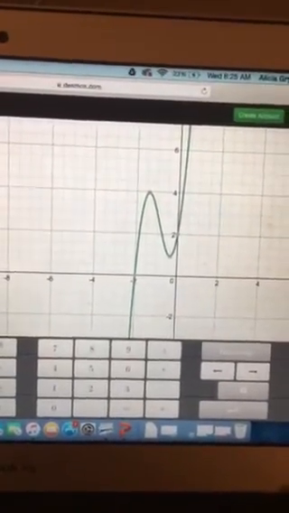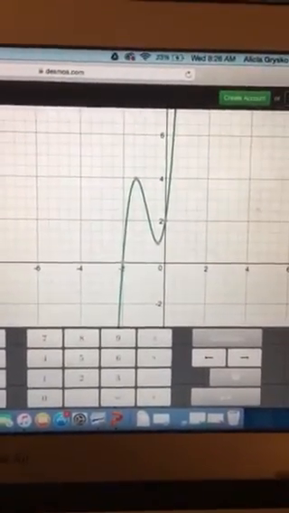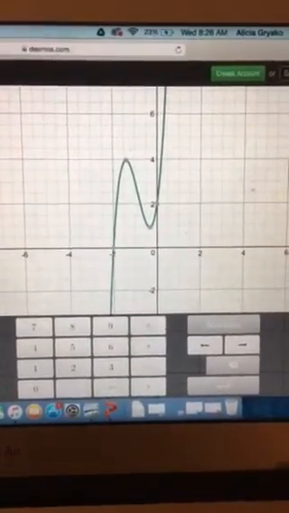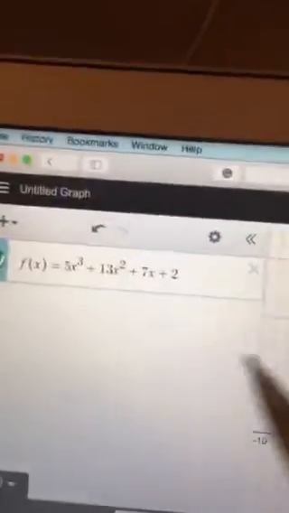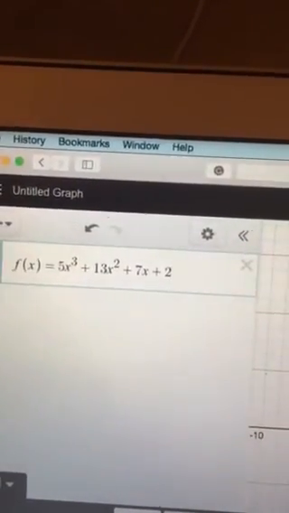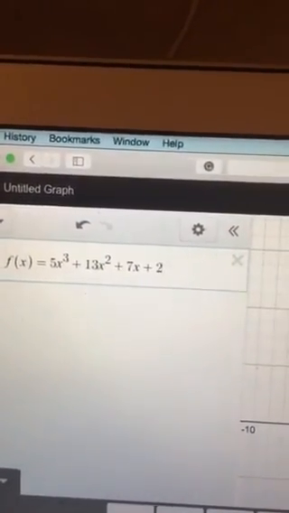So somewhere in this graph, in a faraway land, there are 2 lingering imaginary solutions. Where they're at, I don't know. But that's the concept in this, is that we have 1 real solution, 2 imaginary, and that's how I'm able to get 3 solutions to this function. So hopefully